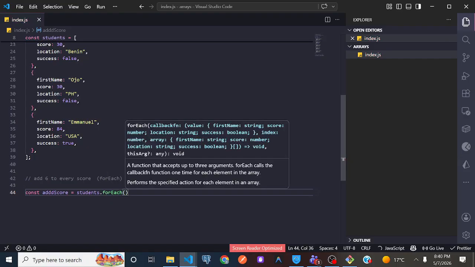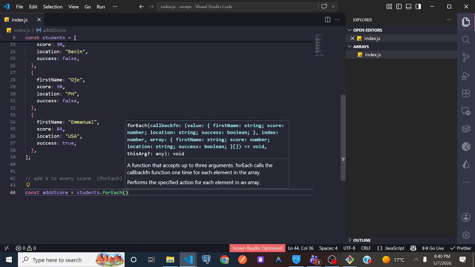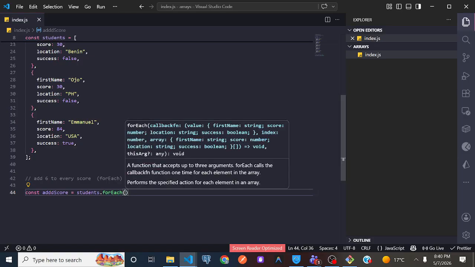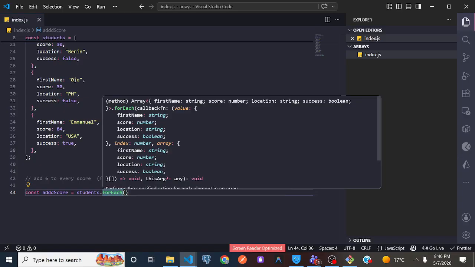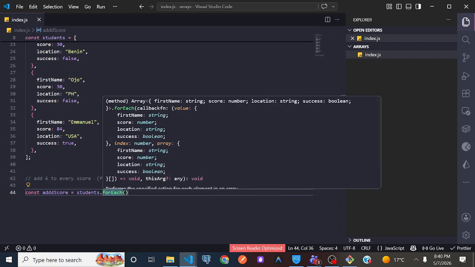Now forEach, you open a bracket, right? So you put in this. If you put it down, you see forEach is saying that it is a method. That's why we have the opening bracket and closing bracket here, because it is a method, right? Remember I told you